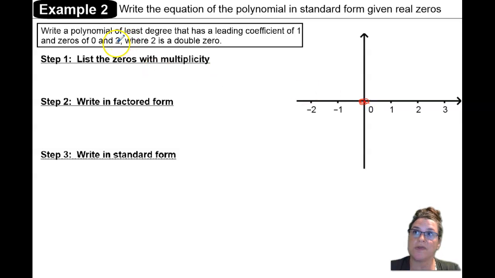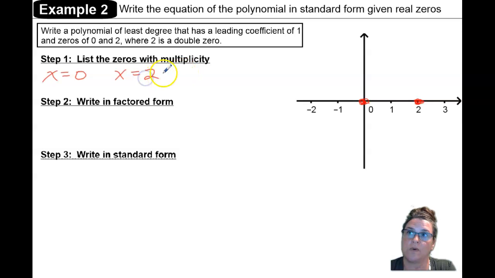and 2, but the 2, it says, is a double zero, a double root. So at 2, I have multiplicity of 2, and that's going to be a bounce, right? So I'll have a cross at 0 and a bounce at 2. So when I, in step 1, list the zeros with multiplicity, x equals 0, and x equals 2 with multiplicity